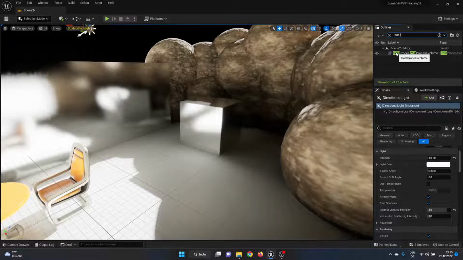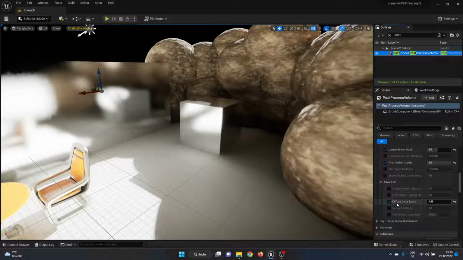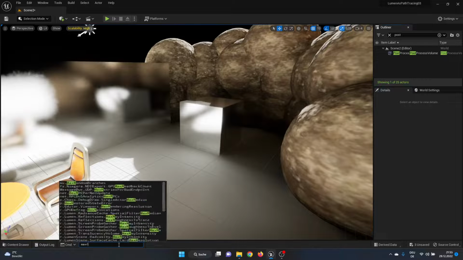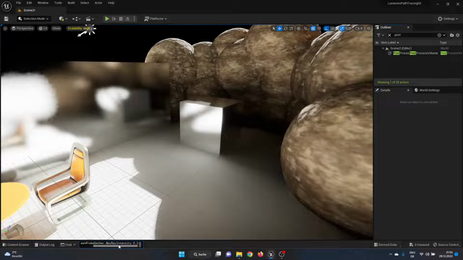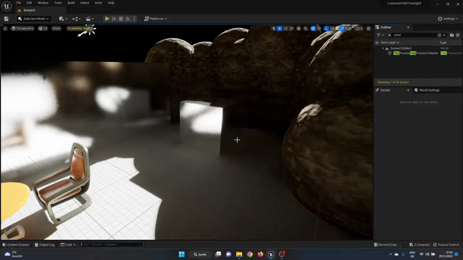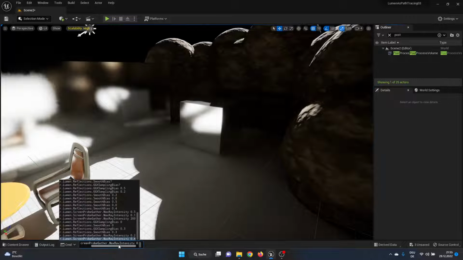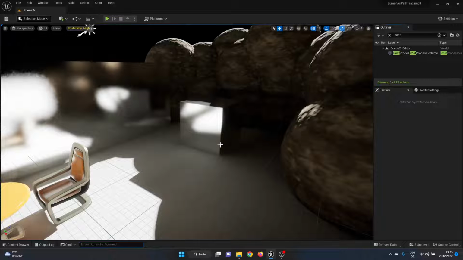And reduce the diffuse boost, or just toggle it off. And now I can, for example, max ray intensity, I can reduce this to 0.2 as we had before. And oh, that's too much. 0.4 maybe. 0.6. Yeah. And you can really change the look of your indirect lighting, the depth and the homogeneous look, and